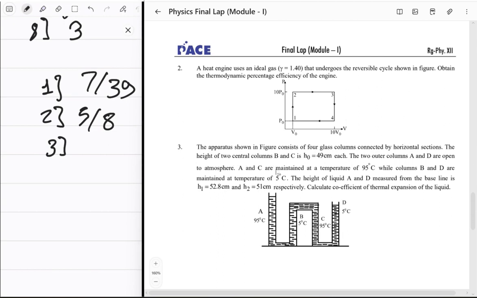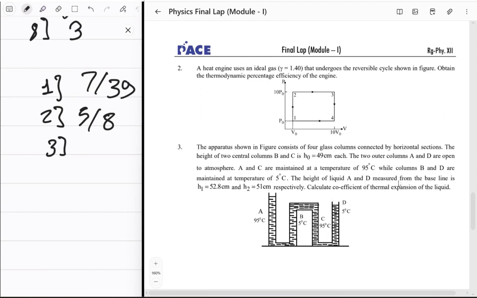The height of two central columns B and C is h not, equal to something whatever। क्या h not is equal to 49 centimeters, तो B और C के लिए फाइन। The outer columns A, D are open to atmosphere. A and C are maintained at temperatures of 95 degrees Celsius, while columns B and D are maintained at temperatures 5 degrees Celsius। Interesting। The height of liquid A and D measured from the baseline is H1 is equal to this thing and H2 is equal to that thing, whatever. Calculate the coefficient of thermal expansion of the liquid।